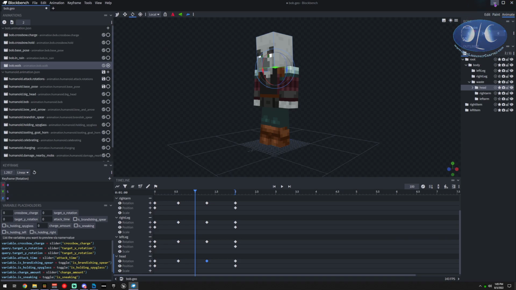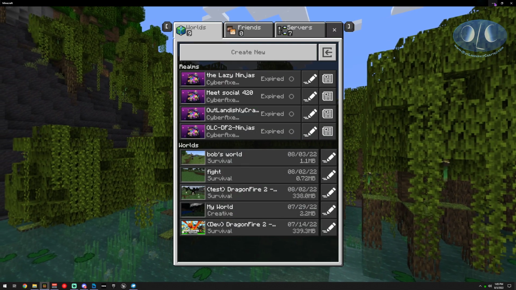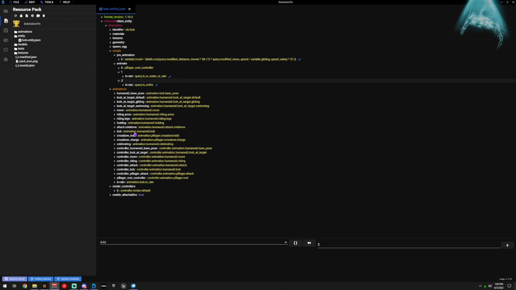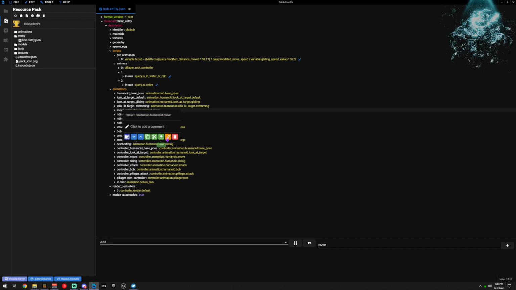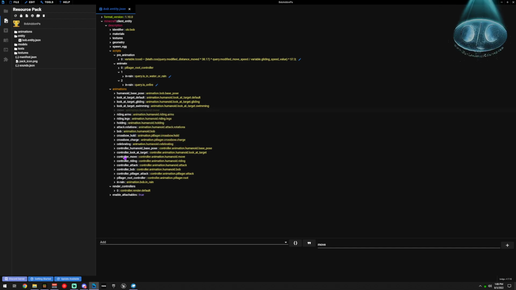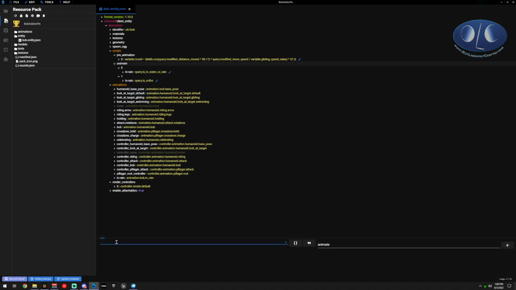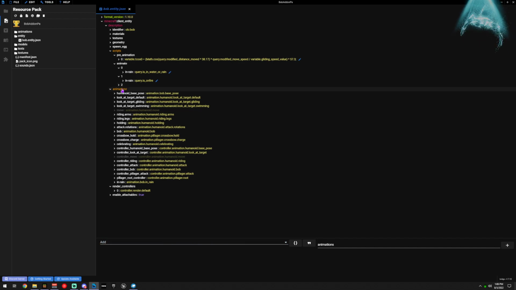We're going to minimize this, go back here, and we have a problem because he's already playing a movement controller. He's already been told how to move. If you're going to change one of them, you pretty much need to go through and change the entire controller if you're doing humanoids. So I'm just going to turn these off for the moment so that there isn't a move controller being done, because they'll stack on top of each other and cause us problems.